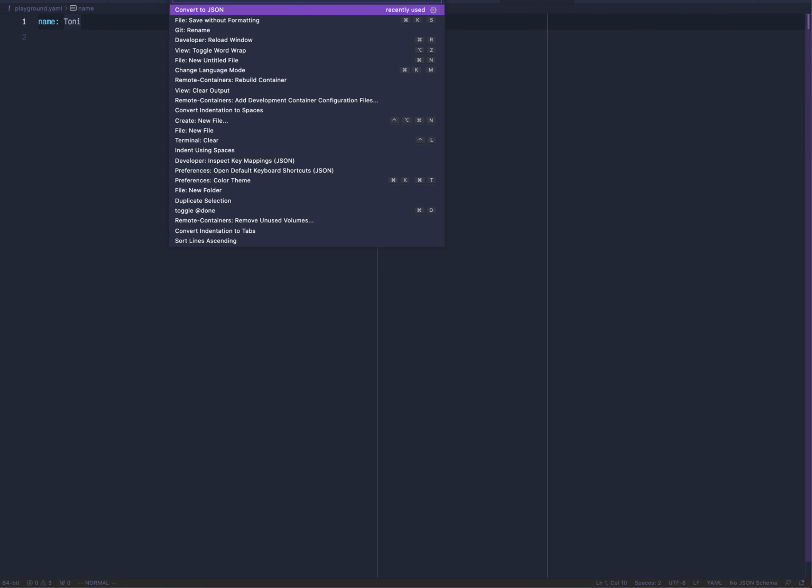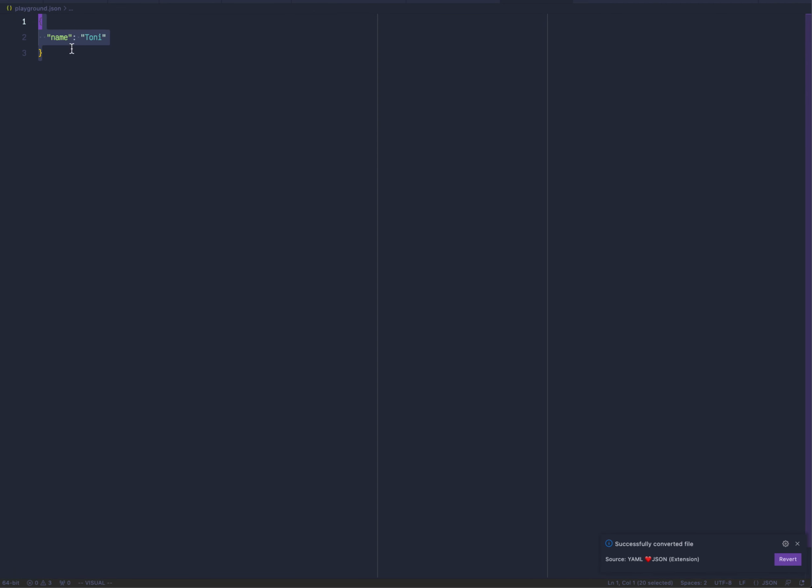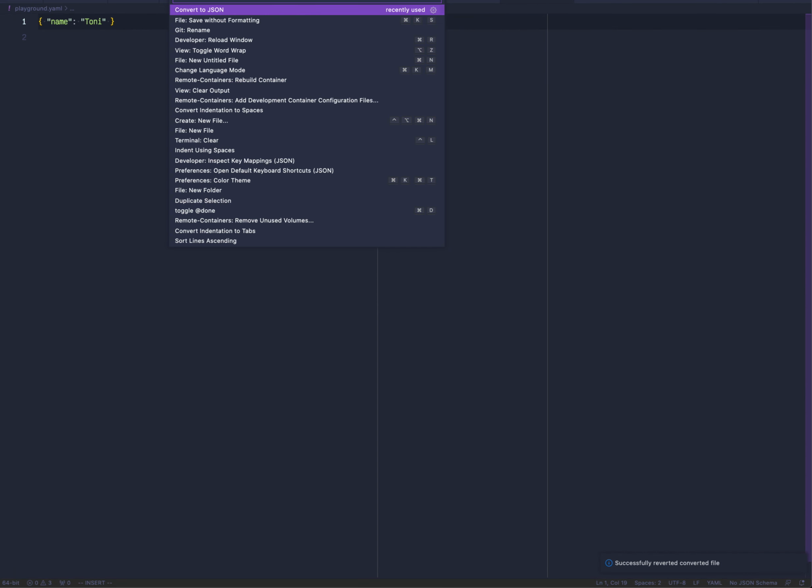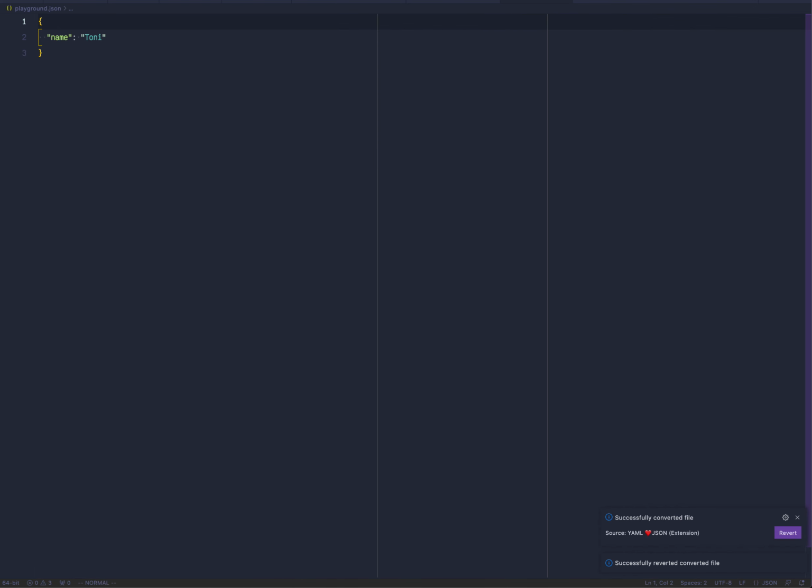YAML to JSON parser, right? So YAML is basically a superset of JSON. So let's just prove that. Let's say that my name is Tony, and let's just convert this to JSON, right? It's what we expect, and let's just copy this back here. Save it and parse it, right? We have JSON, and I convert it to JSON. There are no errors, right? So YAML is a superset of JSON,